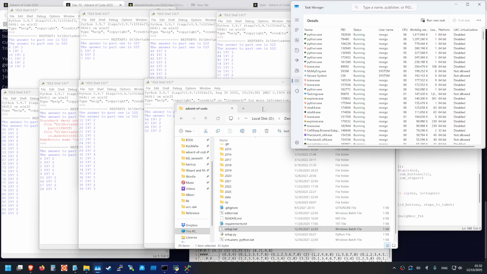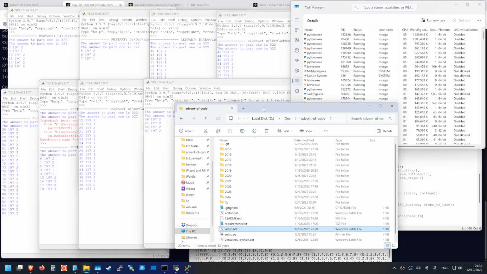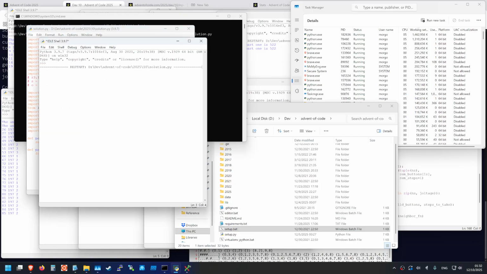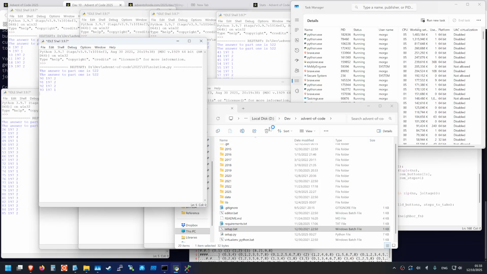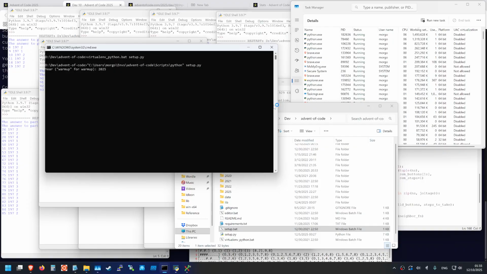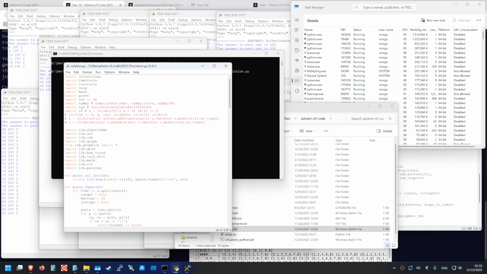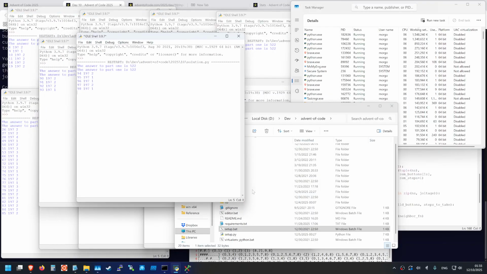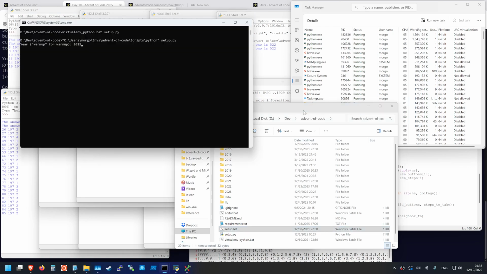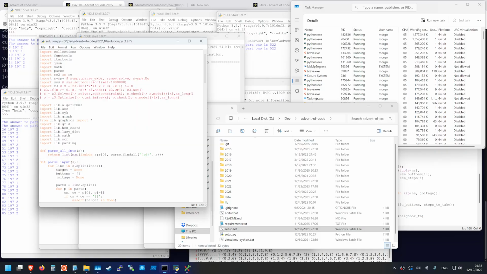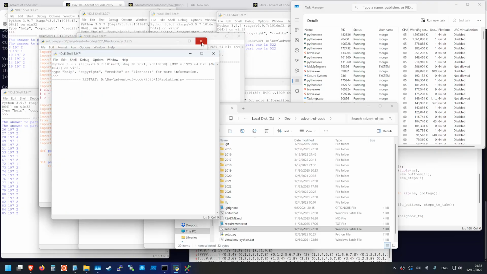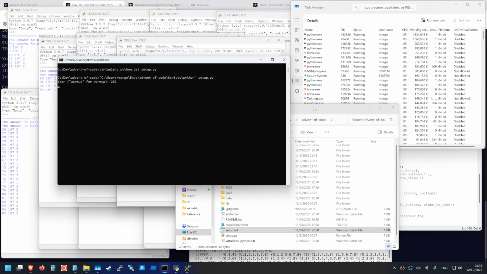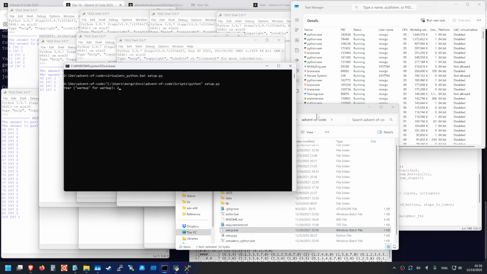I've only got 8 real cores. And I'll add a couple more. Nope, that's